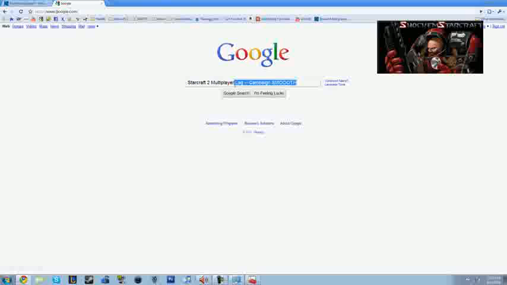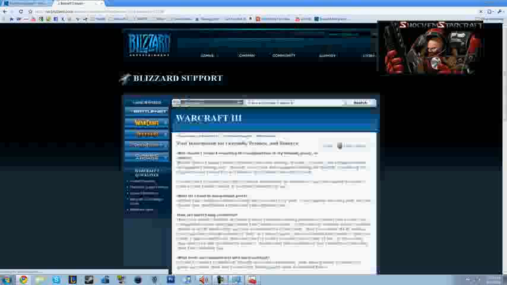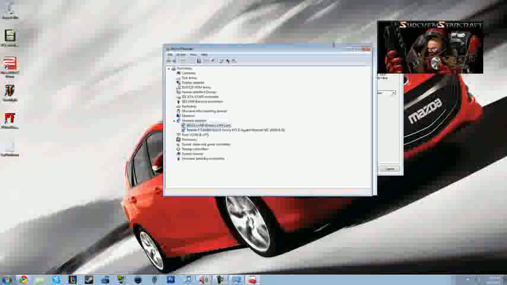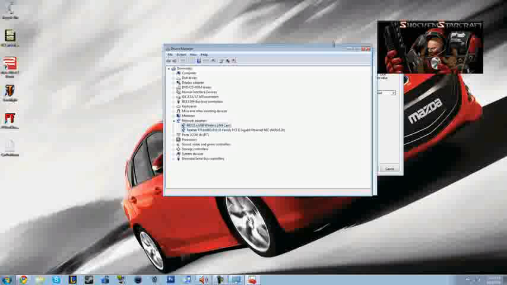You'll see that there's ports that you need open in order to play Starcraft 2 or to play it smoothly, and I'm trying to find the part where it tells you. Warcraft 3, not exactly, but there are certain TCP ports that you need open that you could call your ISP. This is what you can do. Since I don't know the exact numbers right now, you could easily Google it. What you're going to do is your TCP ports, there's 2 of them that you're going to want to open